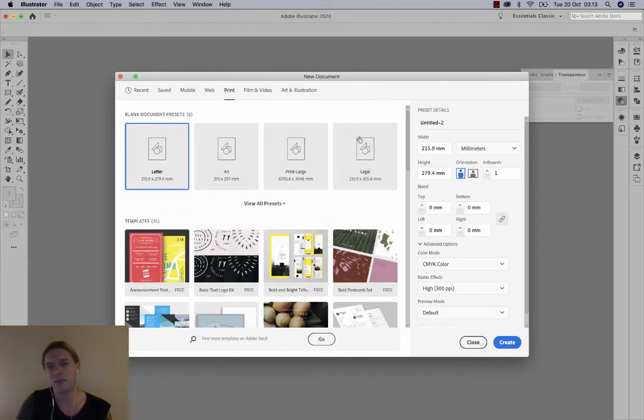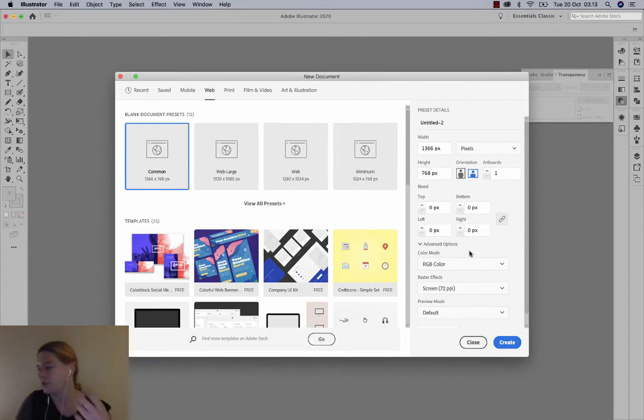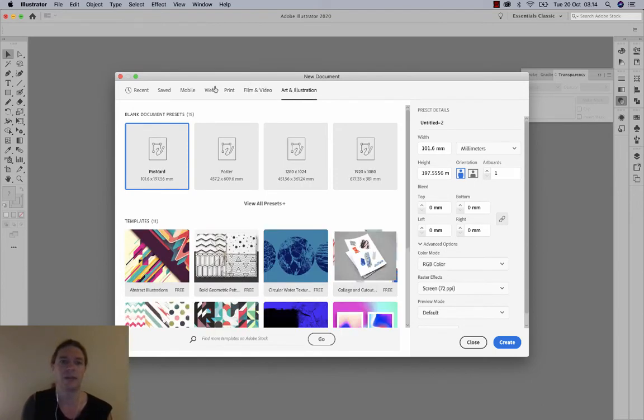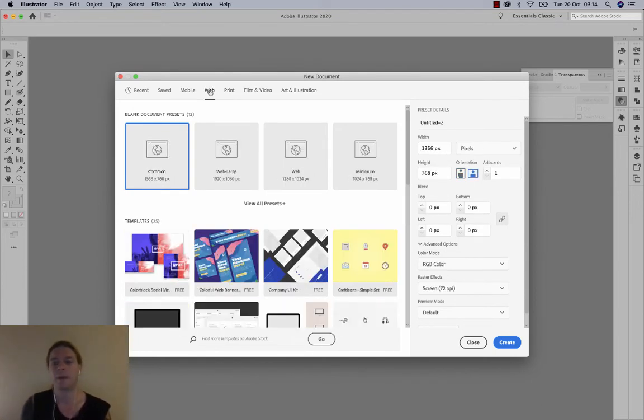because if you choose print, it's going to be using CMYK colors, and if you're going to create something for web, it would be using RGB colors. So be sure to choose the correct setting from the start. If this product has a multi-purpose, if it's going to be used both for web and for print, set it to be web. Then choose art and illustration or choose web, because that way we're using a much broader color